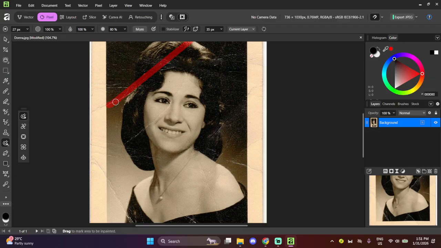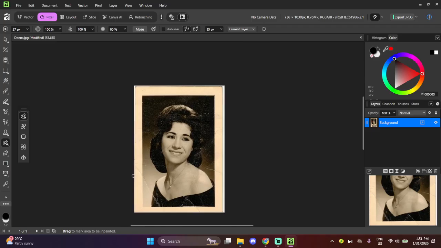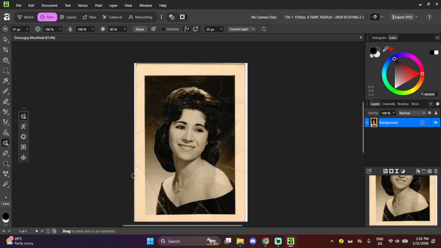For larger or more complex damage, switch to the Clone Brush tool. This tool lets you sample clean texture and paint it over the damaged area. Set a soft edge for smoother blending, then sample from a nearby area that matches the tone and texture of where you're painting. Refresh your sample frequently as you move across the image so patterns and lighting remain consistent. Work in small passes and follow the direction of natural lines, like fabric weave, hair, or wood grain, to keep